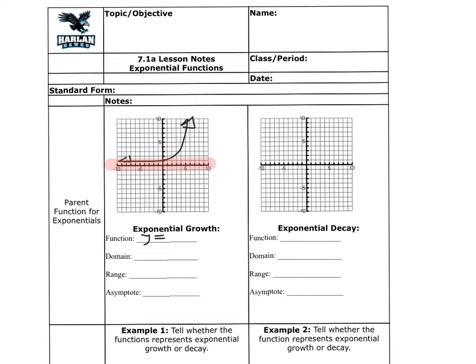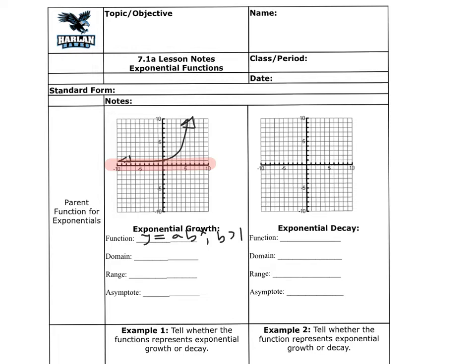Now, in terms of how we describe the function, we like to describe the function as y is equal to a times b raised to the x power. Okay? So that's a times b with b being raised to the x power. Now, we also like to say that b is going to be greater than 1. The reason for that is if b was just the number 1, you don't have any type of growth because multiplying anything by 1 keeps it the same. So in order to have growth, or even decay for that matter, it has to be something other than 1,